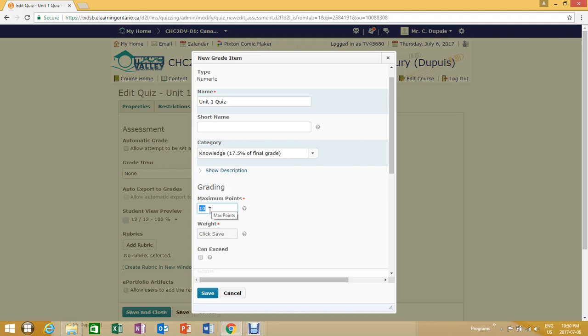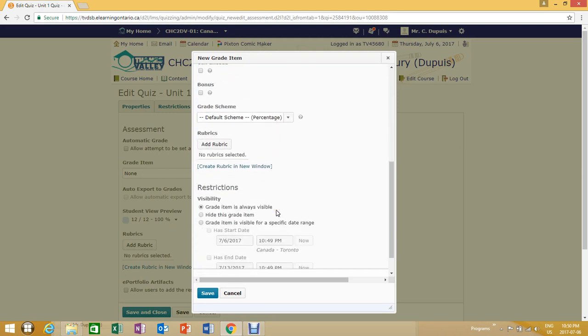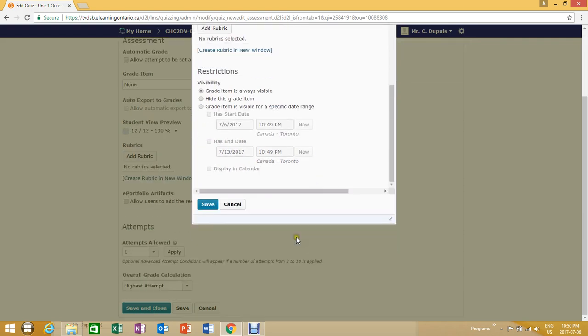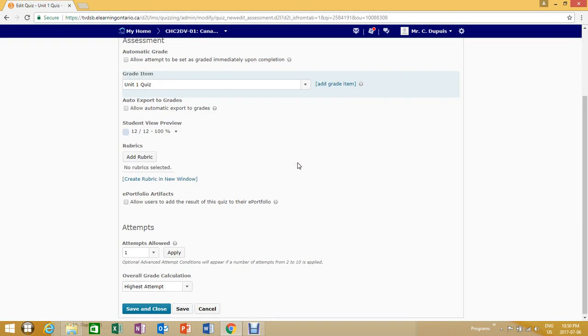For a summer course, for example, their essay that they do for the Winnipeg General Strike, that's a 3. A quiz, rate it at what you want. I'm going to call a quiz a 2. I think it's kind of important, and it's going to be a chunk of their knowledge base mark. So you do that. Grade item's always visible, so they can always see it. That's all that's saying. So you say save, and now it's hooked up,